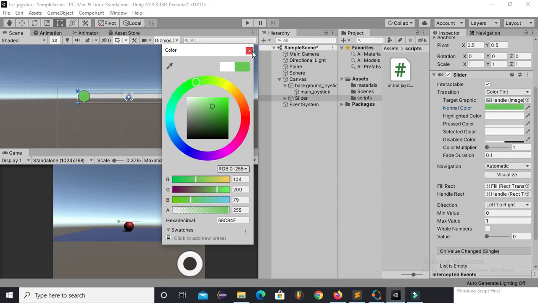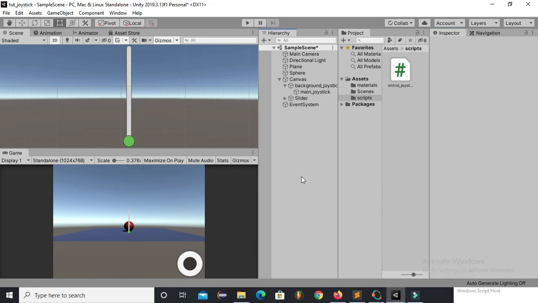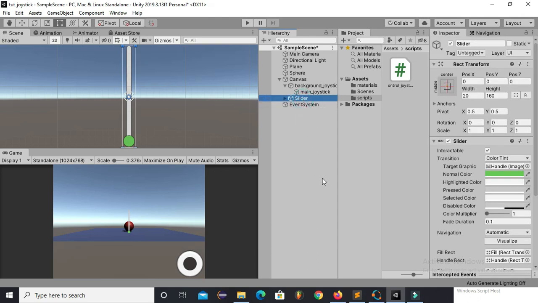Now you can change its orientation from left to right to bottom to top. It's up to you, you can choose any option, and you can specify the range of the values. Now we are done with the settings of the slider, and save this scene.